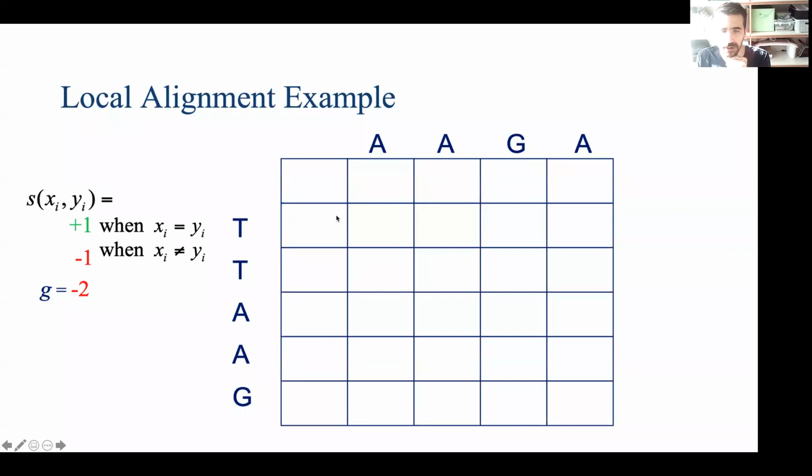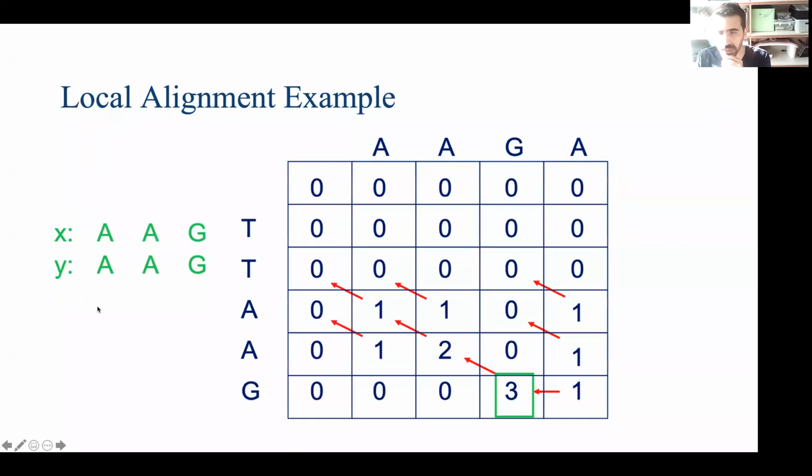So again, +1 for the match, -1 for the mismatch, and -2 for the gap. In this case, you initialize zeros, okay? And then you'll say that A and T is a mismatch, right? So this is going to be -1 from this cell, -1 from this cell, -1 from this cell. But you get the maximum of these -1s and 0. So in this case, it is going to be 0, right? So this is how you generate it.